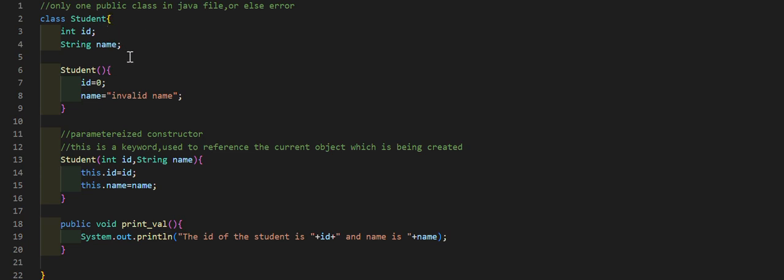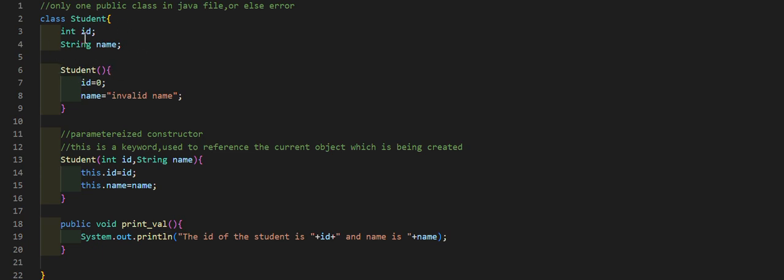So any Student class will have two attributes, namely int id, an integer type of variable, and string name, a string type of variable. We can also call them instance variables, because for every instance or for every object we will create for this particular class Student, we will have these two attributes.